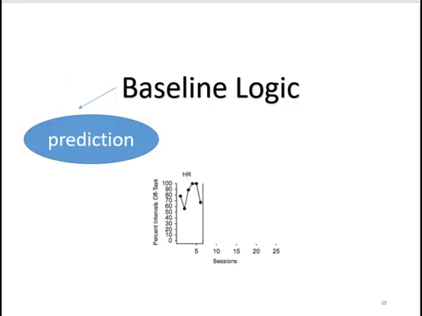Baseline logic is a distinguishing feature of single-case research, where we repeatedly measure target behavior. We assume that there will be variability from day to day, and rather than trying to eliminate it statistically, we're interested in seeing what it looks like. We assume that without intervention, the behavior will reach a steady state and that we will be able to detect trends so that we can predict with some accuracy where the next data point will fall. When you predict with great accuracy, then you are ready to stop collecting baseline data for that case and implement